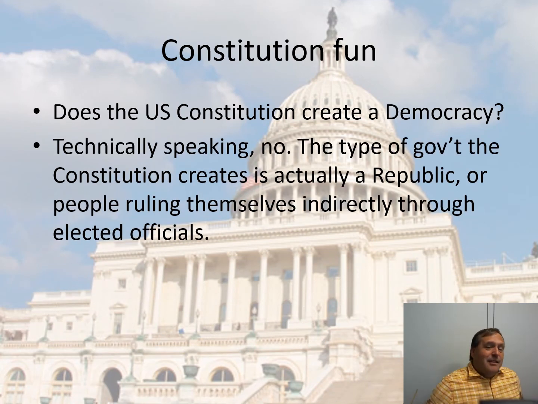All right. The type of government that the Constitution creates is called a republic, or people ruling themselves indirectly through elected officials. A democracy, and you'll notice in the question, I gave you a little hint. I capitalized the D in democracy, meaning that it is some specific type of government. A democracy is where people vote on everything themselves. We'd all be in Congress, we'd all have to vote, via the internet or something like that, on every single thing that the government was